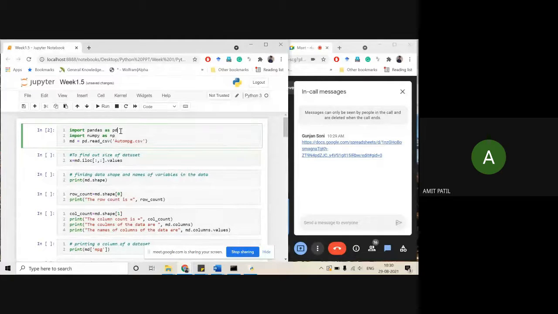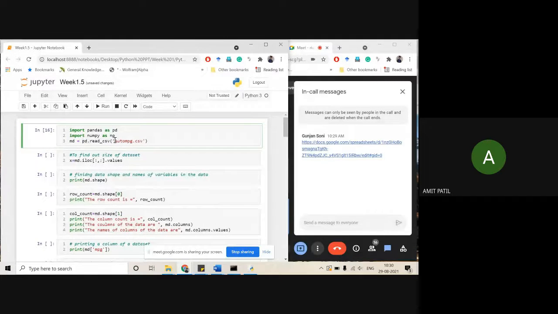So pandas will be there, and we'll see whether there are any numerical operations that we need to perform or not. On the basis of that, we will need the numpy library, right? As we discussed previously. So we'll just import both the libraries, and this is the syntax for importing a data set from your folder, right?